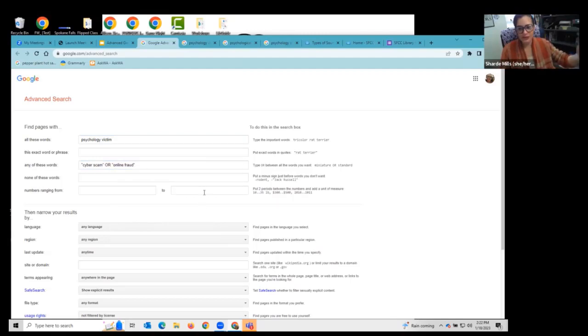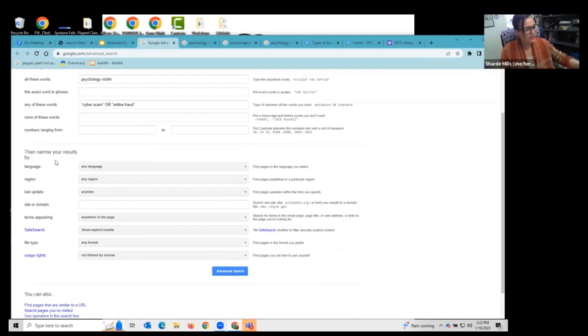So these boxes above still apply. If I scroll down to this section, notice that there's all sorts of stuff you can specify: the language, the region, the time in which it was published online. Honestly, the one that I tend to use the most is the domain. So here I can specify that I only want .edu. So I'm only going to get resources coming from educational websites.